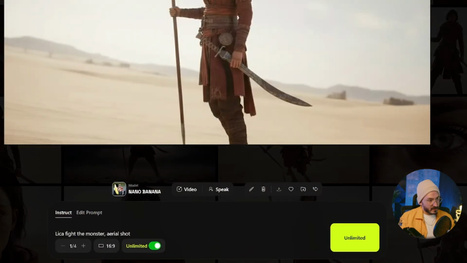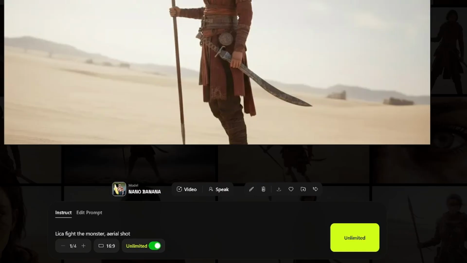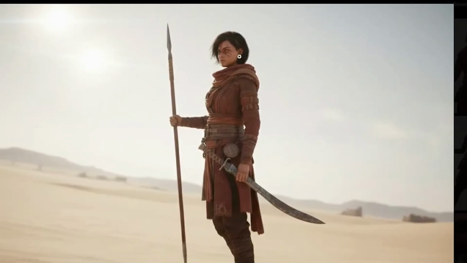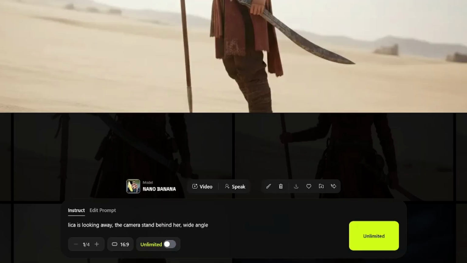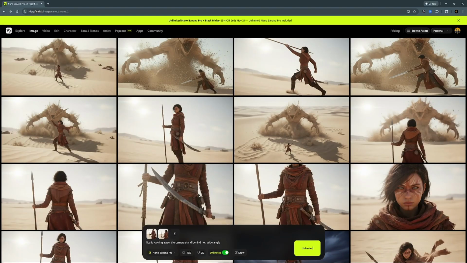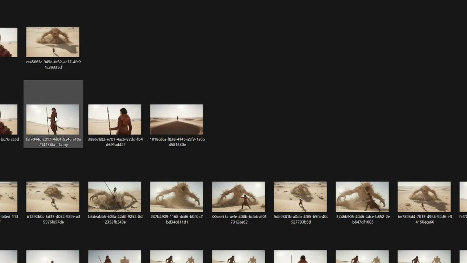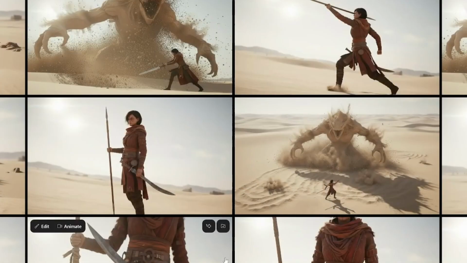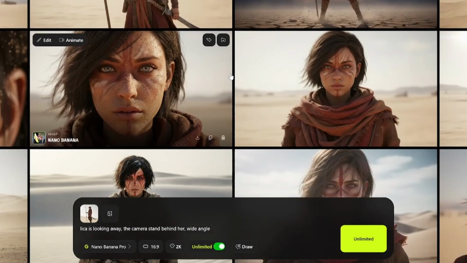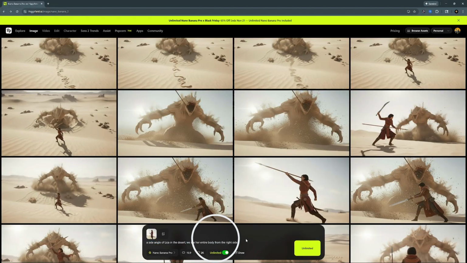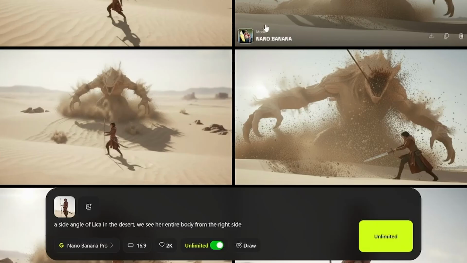Okay, so we got our side shot, perfect. The weapons match, the outfit matches, the face matches, perfect. And I would like to get a better quality, so I will do the exact same thing. I will just switch the model. I will add my reference photo, which is this one, what we got before with the regular Nano Banana. I will get back my prompt that I did before, and then I will paste my prompt